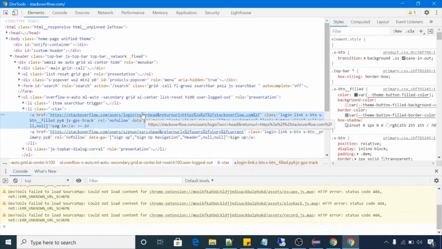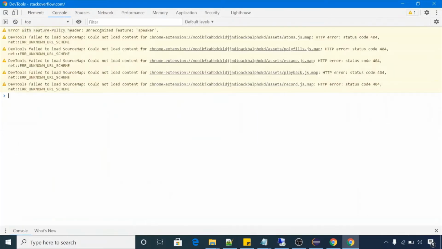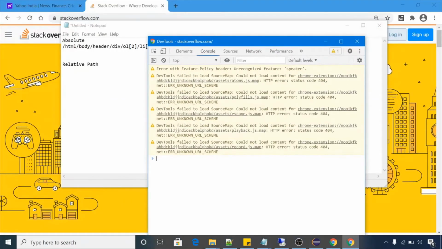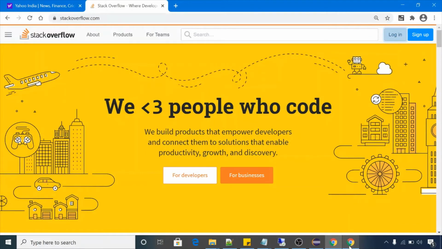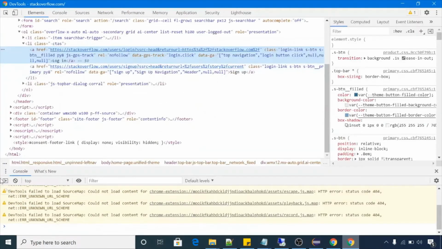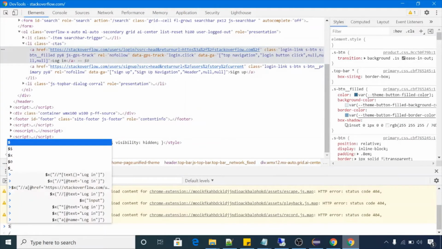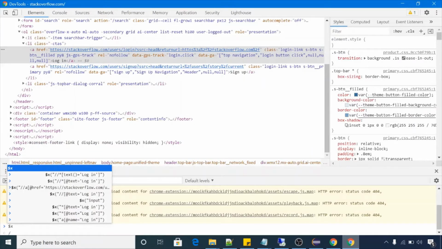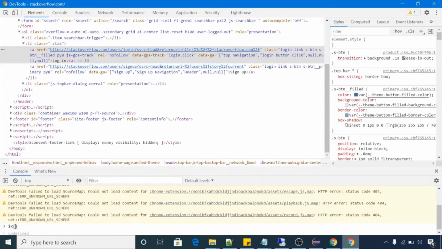If you want to test that your XPath is working fine, just click on the console element and try to create your own XPath. Elements, we are having the console open here. You have to type here $x and parentheses.